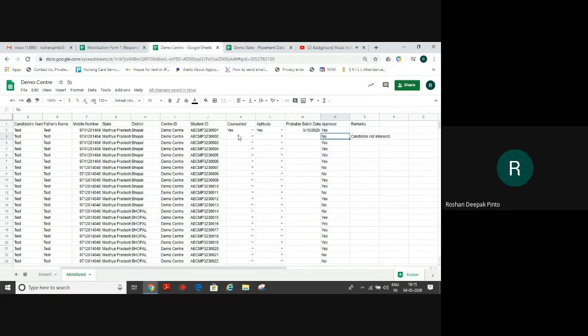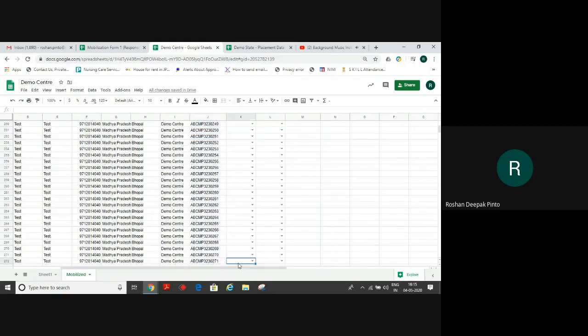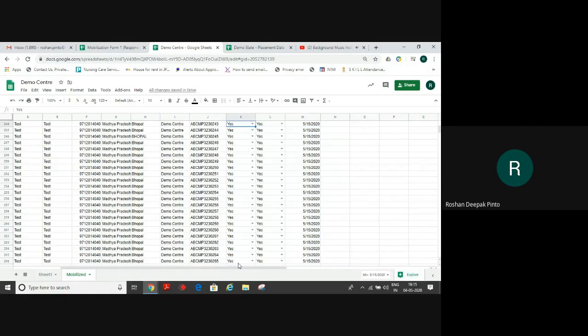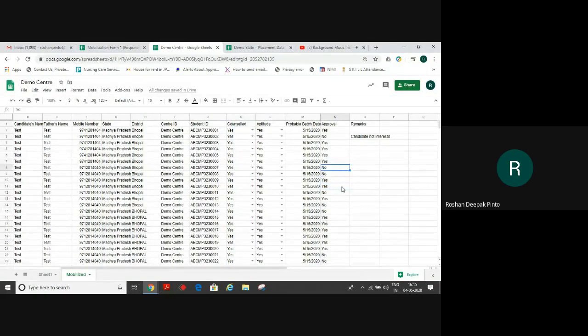So here for every candidate, I will write the same data. So here you are. So in one sheet, you can bring in import range multiple times. You can give the access to multiple people and collect the data in one place. So what will happen is each stakeholder is connected in this way, and one stakeholder cannot do any work in another sheet and vice versa.